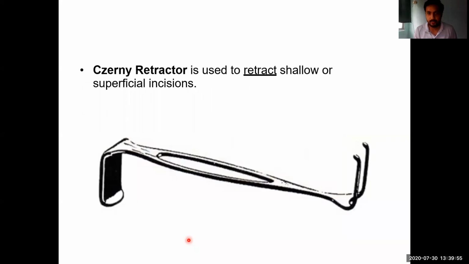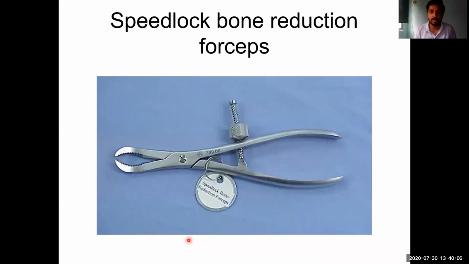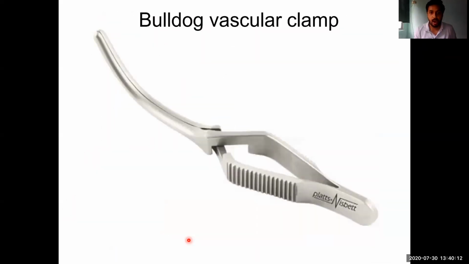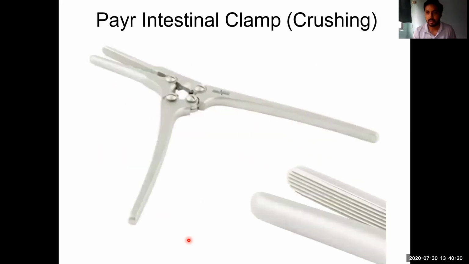I think we'll have two to three more classes maximum to complete our course. In the next classes we'll discuss some orthopedic instruments, some anatomy instruments and some clamps, intestinal clamps. Okay, and after that our last class will be on suture material. So two, maximum three classes we are going to discuss this. Okay.